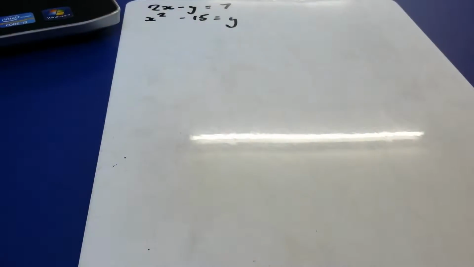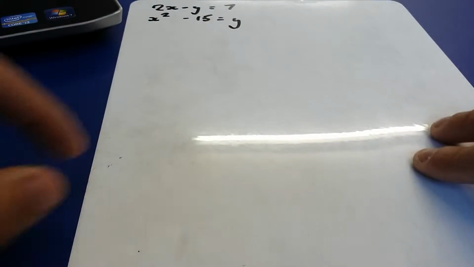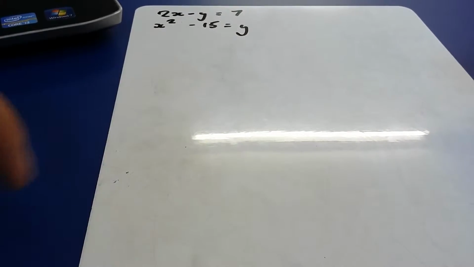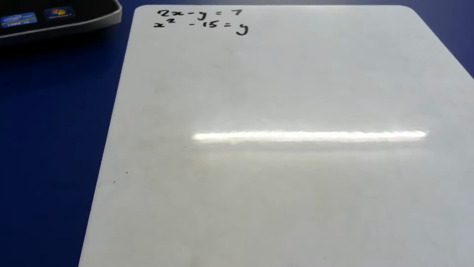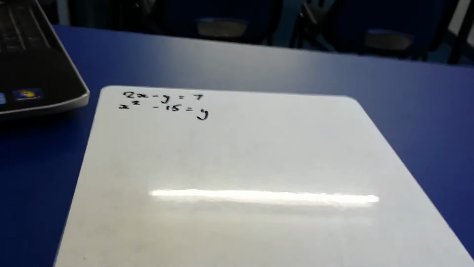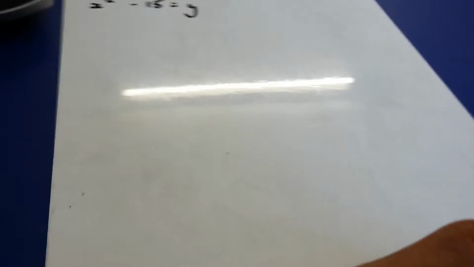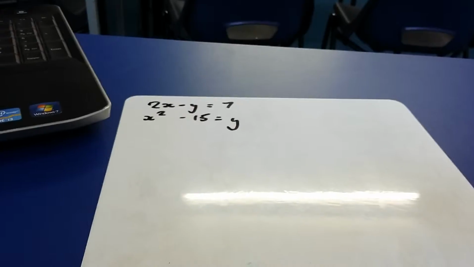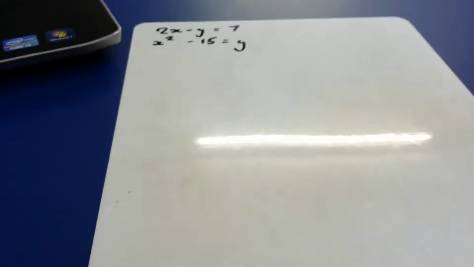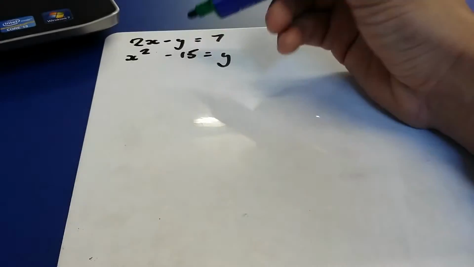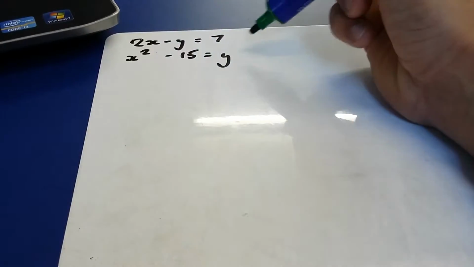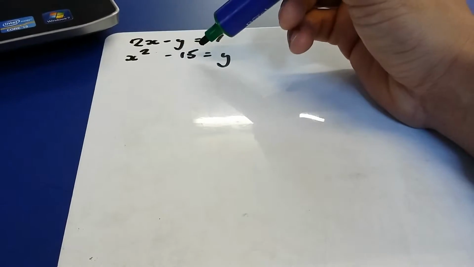Okay, welcome back folks. This time we're going to be solving simultaneous equations with one linear and one quadratic. Okay, so first item on the agenda is to look at both equations and have a look at what we've got in them. Okay, so looking at this first one, 2x minus y equals 7, and look at the bottom one, x squared minus 15